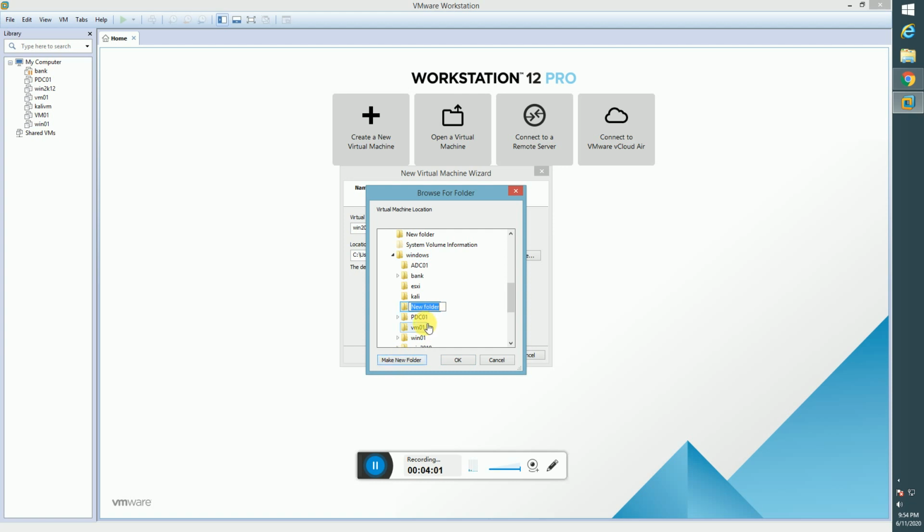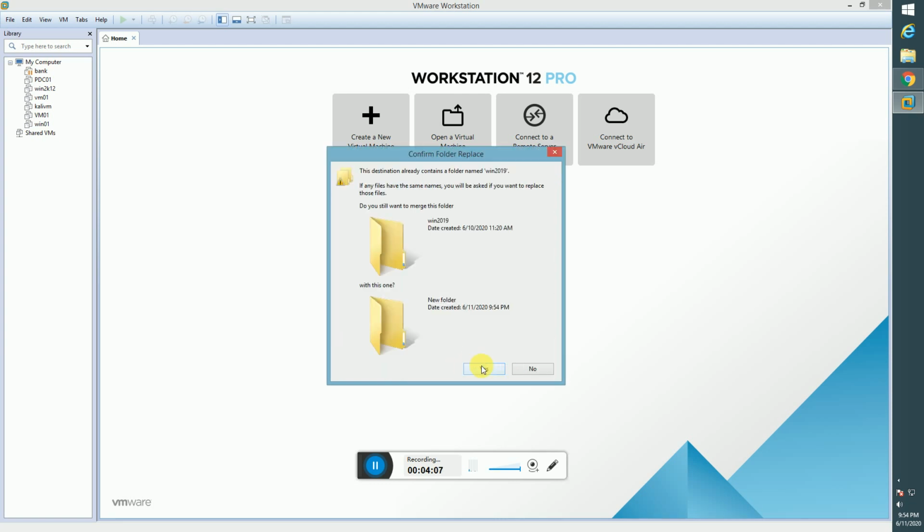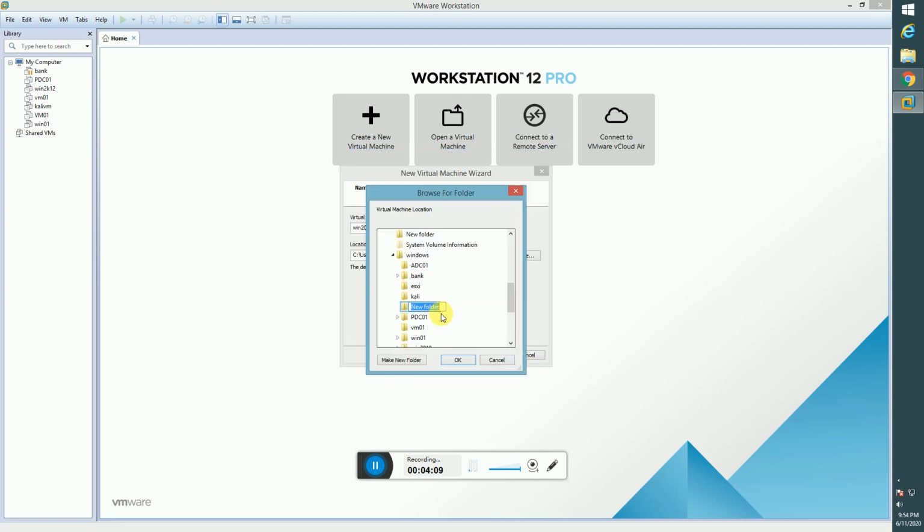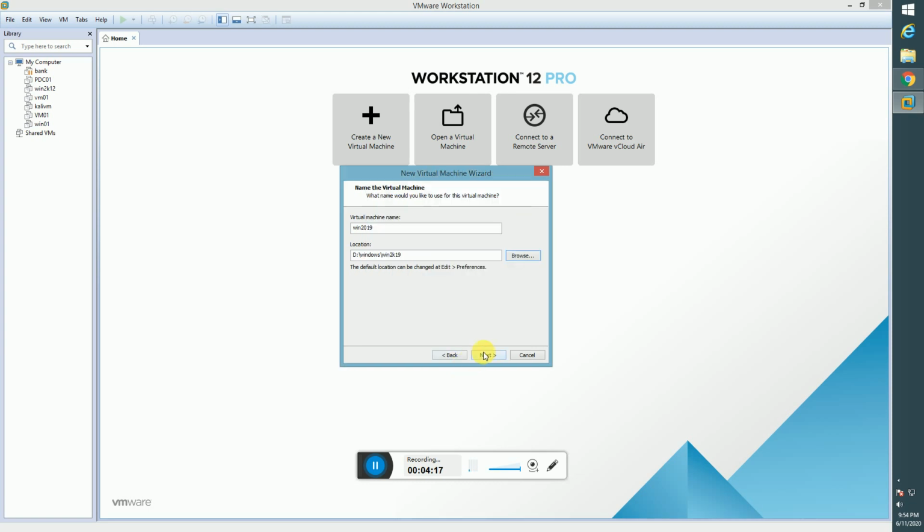I will make the folder name here. The folder name already exists. Click next after filling in all these details.